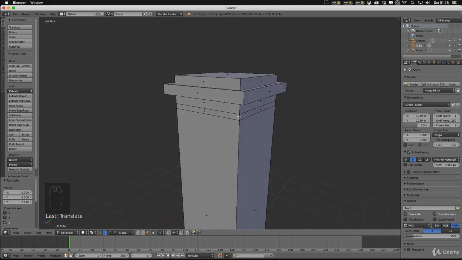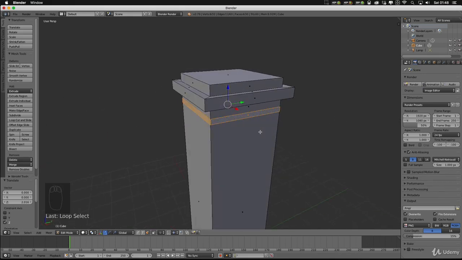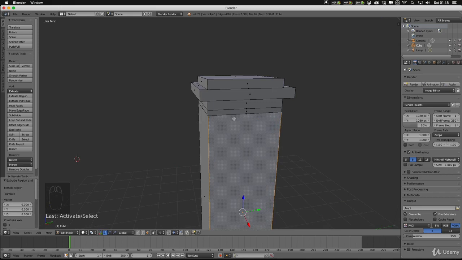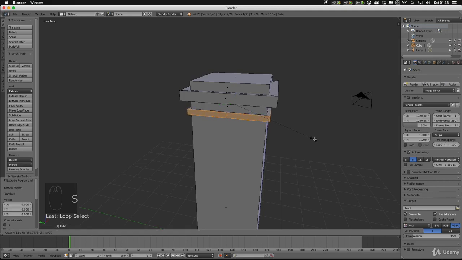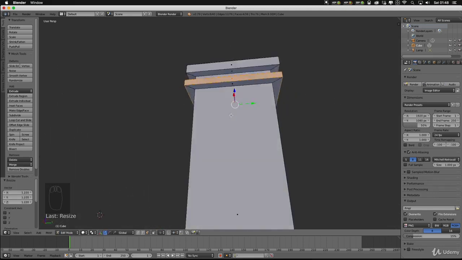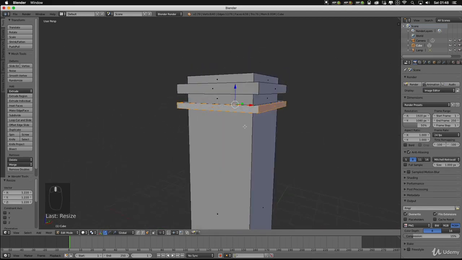So just come to this corner, hold down Alt, and then that's selected that one loop, and then E to extrude, and then I'm just going to right click. Oops, accidentally deselected that, so just Alt and right click to select that again, and then scale it out, and then you can see we've got two sort of little roof sections here.